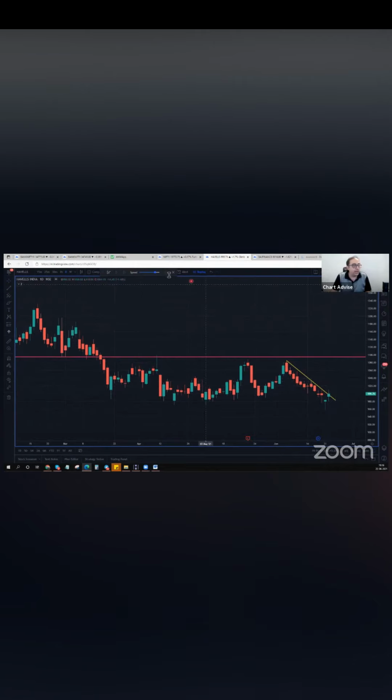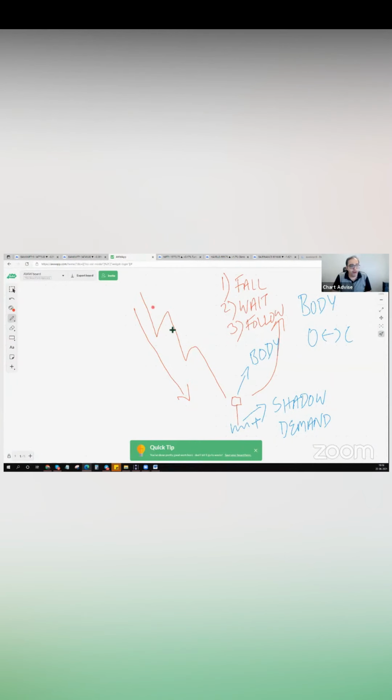So this is how you got to work the hammer pattern. So let me just show you once again. Wait for the decline, and then once the hammer pattern is formed, all you have to do is wait for the follow through. First, identify the fall, then wait for the hammer pattern to form. Once the hammer pattern is formed, then wait for the follow through. For the follow through, use the concept of trend line, just like I've shown you. You can go back and review this video again, and you will get to know how you can act based on the simple concept called hammer pattern. I hope all of you got some insight on how to trade the hammer pattern.